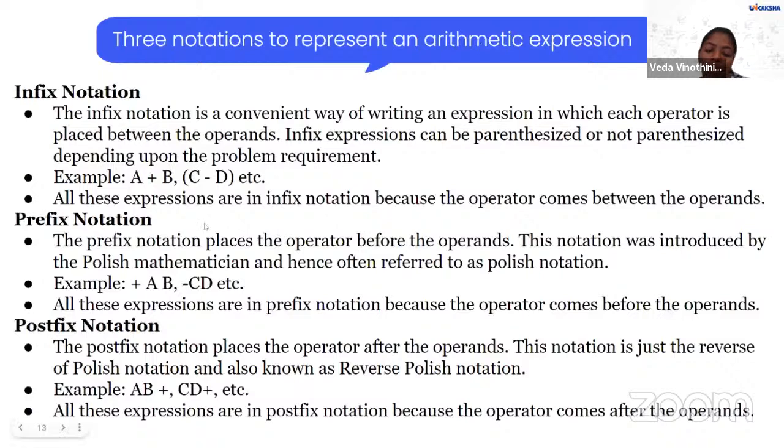Okay, so before understanding this, there are three arithmetic notations: infix notation, prefix notation, and postfix notation. What is infix? You don't need to be confused. Imagine there is an operator and operands. From the name itself, you can identify it is inside: in between two operands, there will be an operator fixed inside.